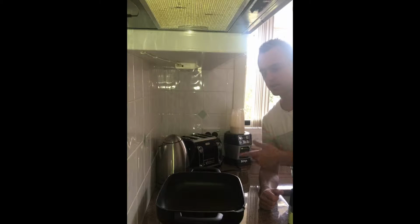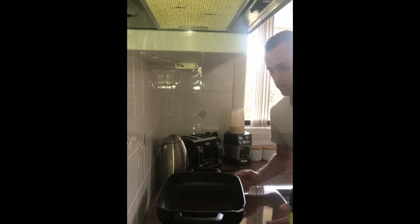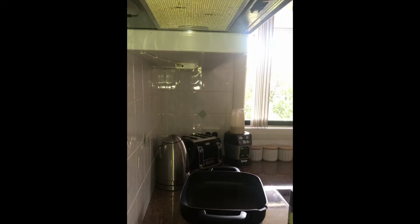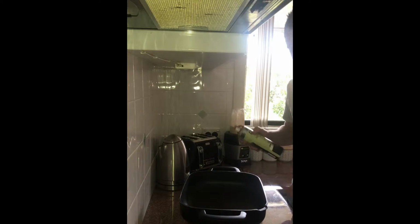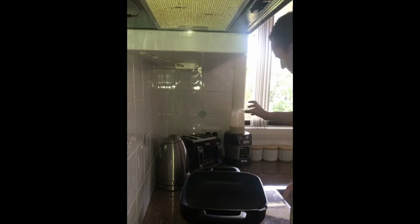Okay, so while that was blending up, I had the electric fry pan preheating. I never do anything more than about medium heat, sometimes low to medium heat. So we've got that at about there now. Not too much of this, you really don't need much of that. Olive oil cooking spray, that's enough. We'll take our mixture,